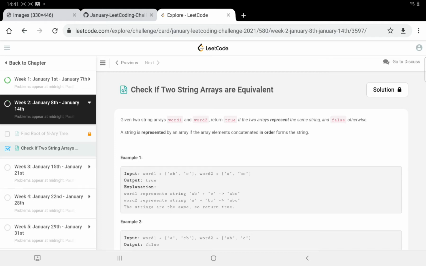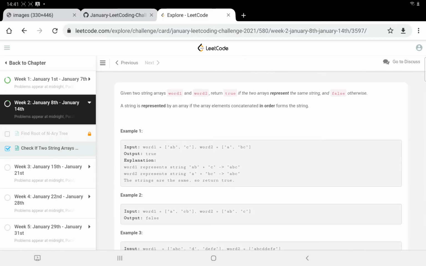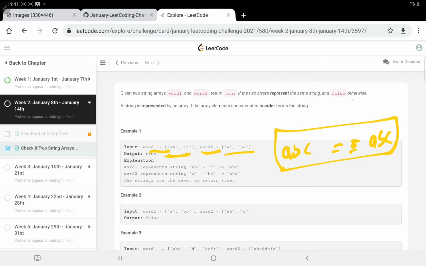So what they are saying here is that we will be given two arrays of strings, the first one is word1 and the second one is word2, right? So this is my first array, this is my second array, and we need to check the equality of these two arrays. So how can we check? The condition is that we need to maintain the sequence also, right? So if you create a string using this, it will be A, B, C, and if you create a string using this, it will be again A, B, C, right? So then I can say that both of the strings are equal, so we can return true.